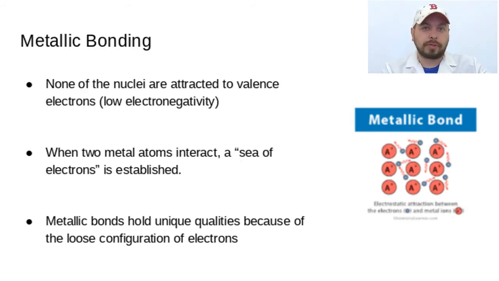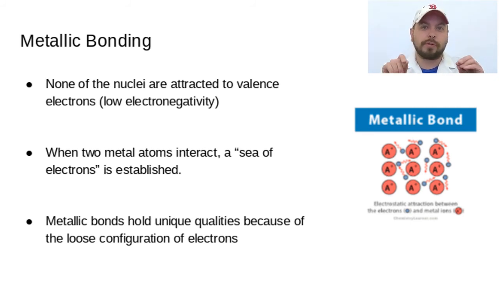Metallic bonds are our third category of bond. Now, in metallic bonds, none of the nuclei are relatively attracted to valence electrons because they're metals. All of them are. And in metals, what's going to happen is electrons are more readily lost. In this case, we end up with what's called a sea of electrons, where electrons are only loosely attracted to